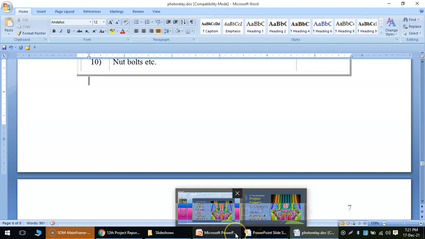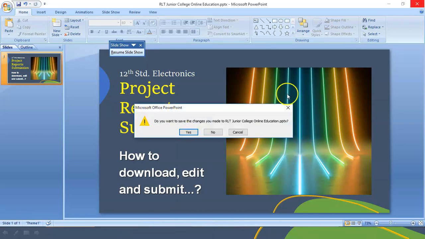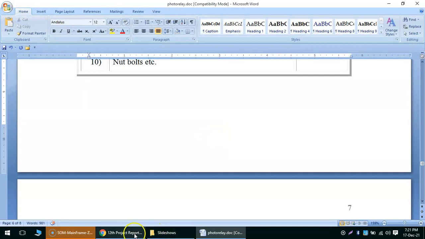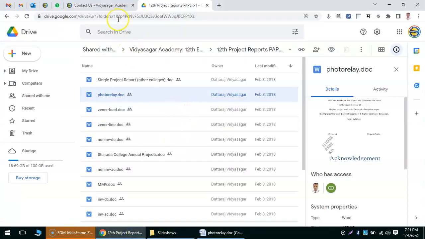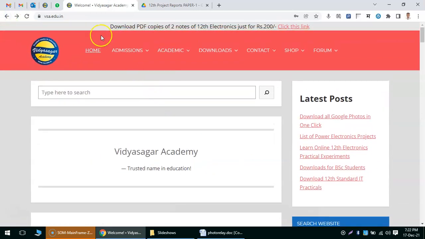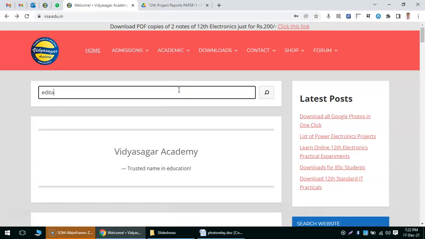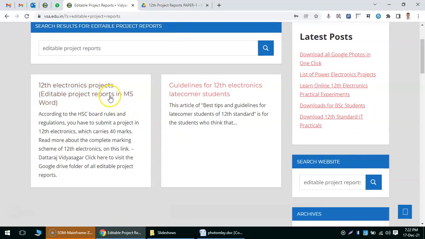So in that way you will be able to use all these project reports, and with that we come to the end of this part. Remember, you have to go to our website vsa.edu.in and search for the editable project reports, and then click on this post.